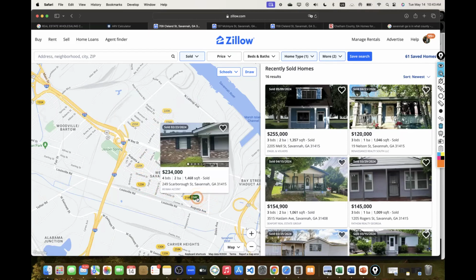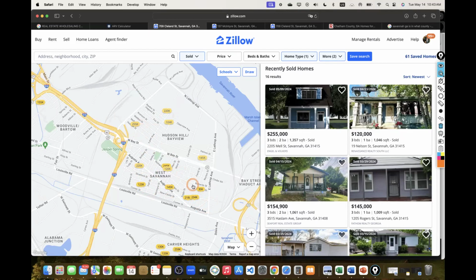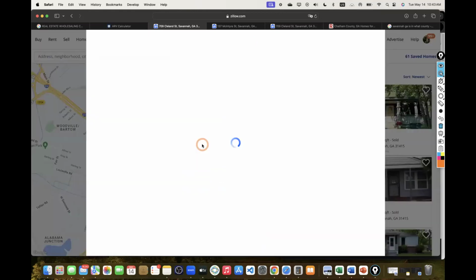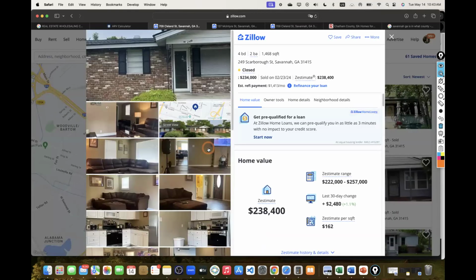it can sell quick. And what about the new construction homes? If we go back to the new construction homes and look at what size of square footage they are, I'm sure they're going to be like 1,100 square foot homes. This one, February 2023.